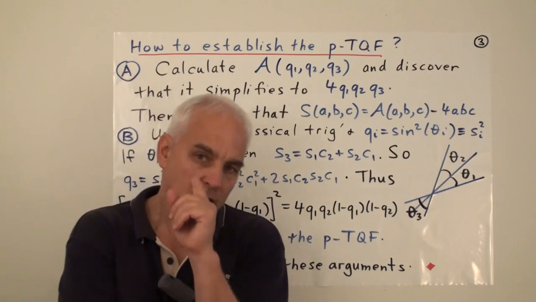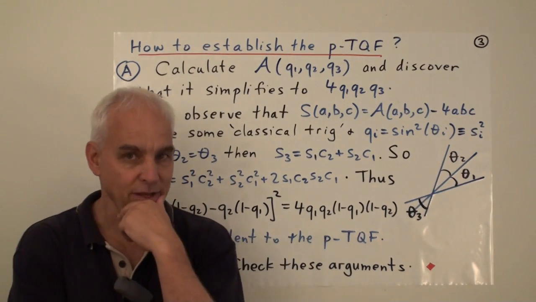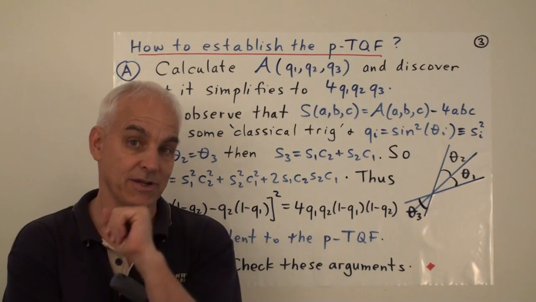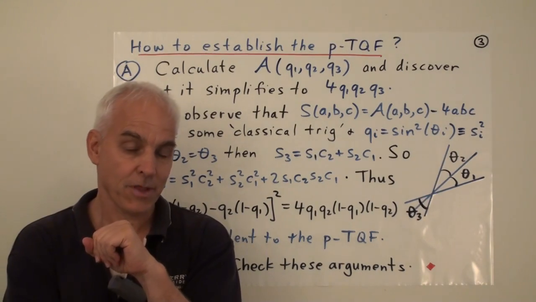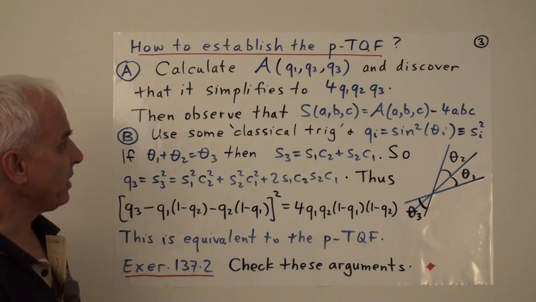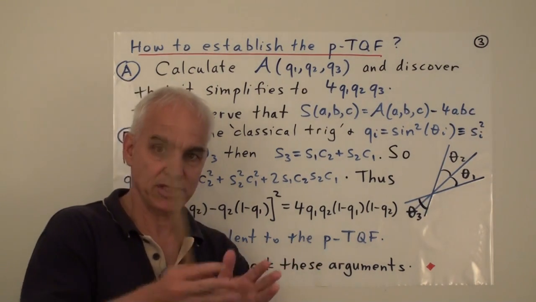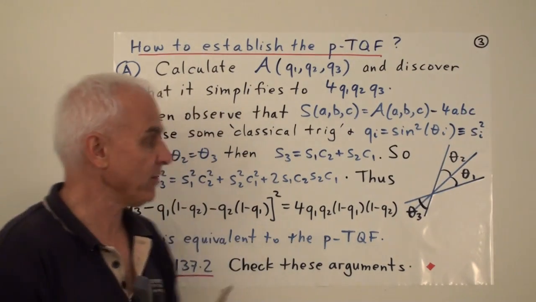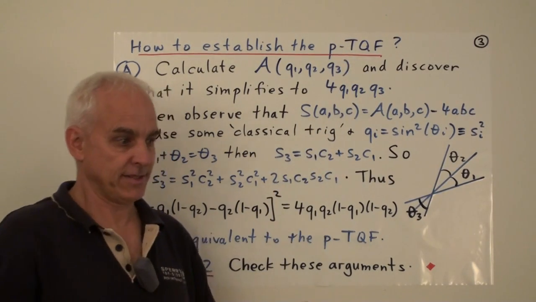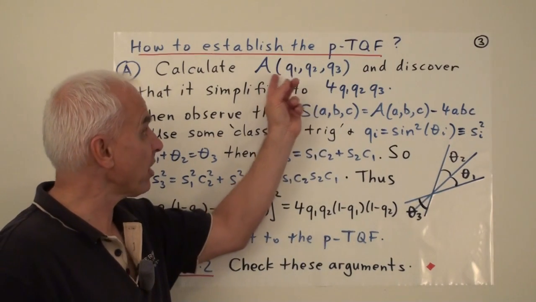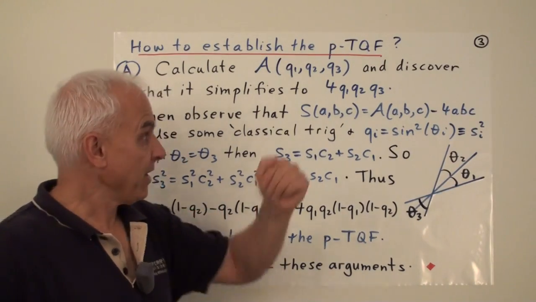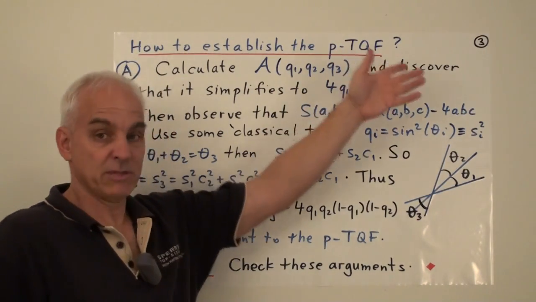But you might well ask, how could we establish this formula in the first place? In other words, how could you have discovered this formula when I asked you to try to discover it in our last video? Alright, so one thing that you could have done is said, well, we have these three quantities, Q1, Q2, and Q3. These expressions involving these x1s, x2s, y1s, and y2s, and so on. One thing we could try is the standard triple quad formula, because it's a kind of triple quad formula. So why don't we apply Archimedes' formula to these three things and see what we get? If they satisfy the standard triple quad formula, you'd expect to get 0.